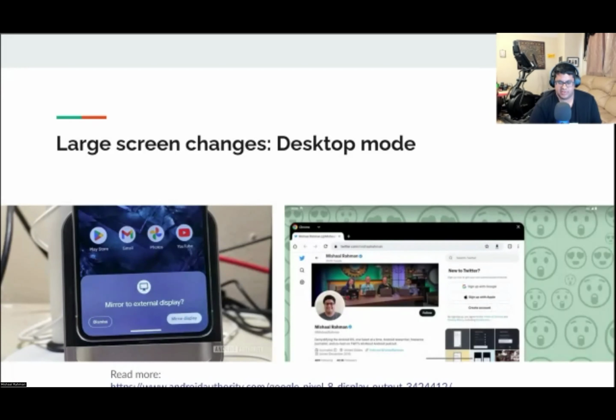They have enabled DisplayPort alternate mode on their own Pixel hardware with the Pixel 8 series on the latest QPR3 beta, and I would wager that they are likely testing this desktop UI on their current and next-gen Pixel hardware. So it's possible we could see a closer merging between Android on phones and Android on large screens.